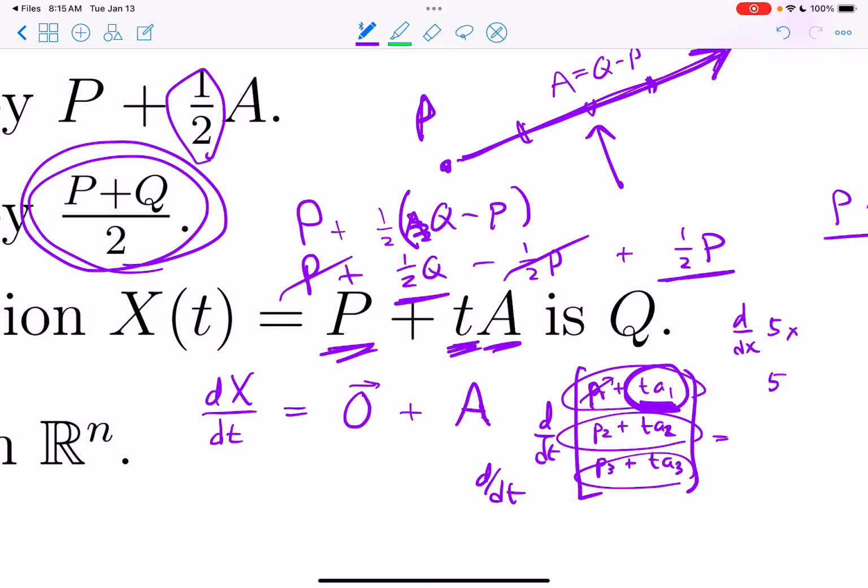So when they say the velocity vector is q, that's false, because the velocity vector is a. If you have a parameterization p plus ta, a is the velocity vector. It's the direction of your movement. So this is false. Okay. Let's skip these two for now and move on to one of these